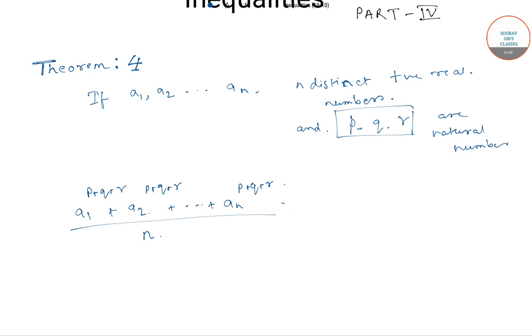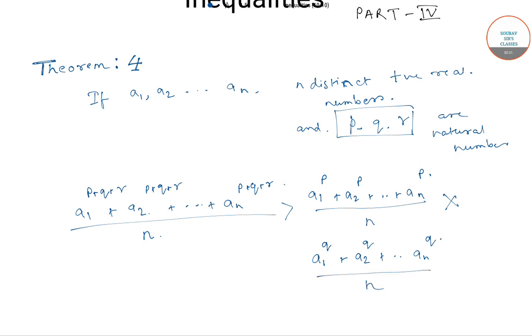This is greater than A1 raised to the power P plus A2 raised to the power P plus so on till An raised to the power P divided by n, into A1 raised to the power Q plus A2 raised to the power Q plus so on till An raised to the power Q divided by n,